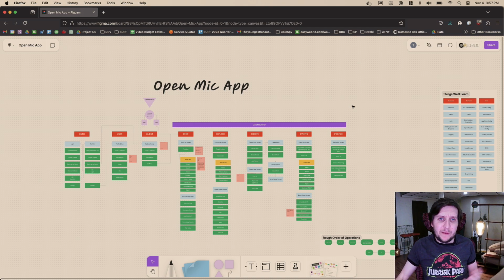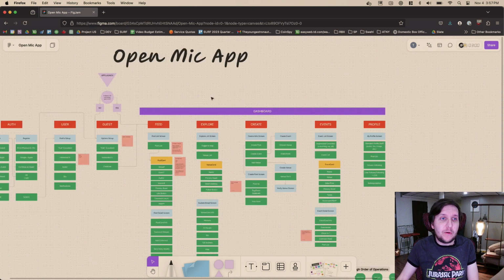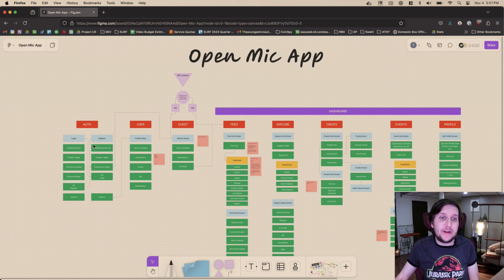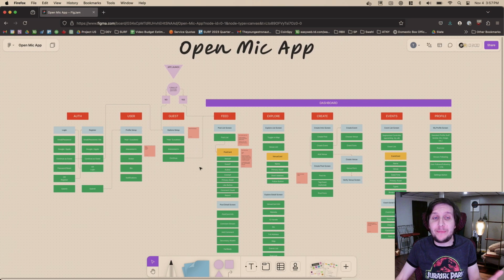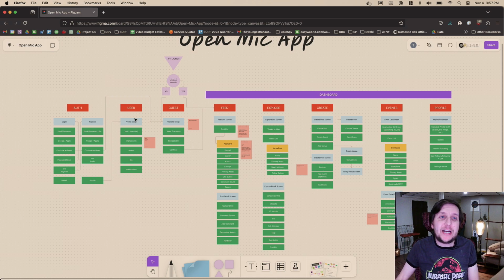So basically our app, as a sort of review, we obviously have auth, being able to log in and create accounts. Currently it's just email and password based, but we are going to add at least Google and Apple as well, because we will need Apple, at least on iOS devices, to follow the rules that they have. Basically, Apple's kind of like, you don't have to have Sign in with Apple, but you do if you use another sign-in service, which I think is a fair rule. So we have the auth section, which is kind of connected to the user, kind of not. This is the actual user account, which is partly their public profile, essentially.